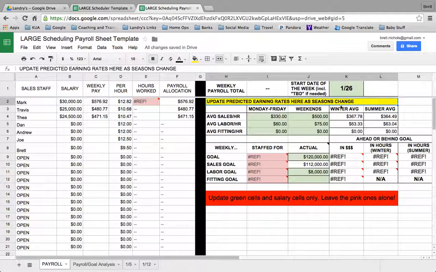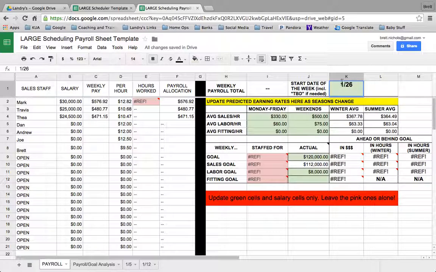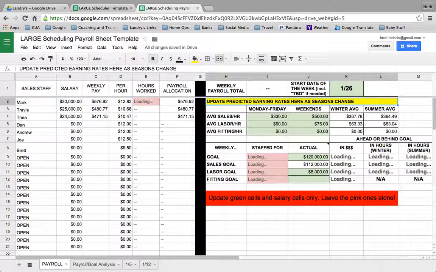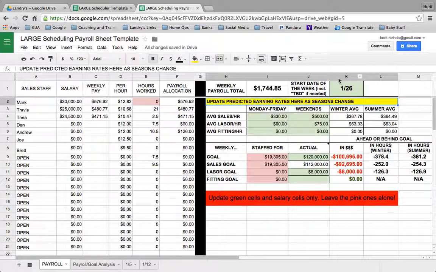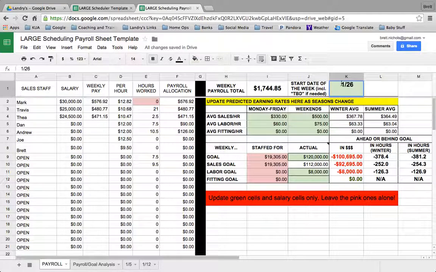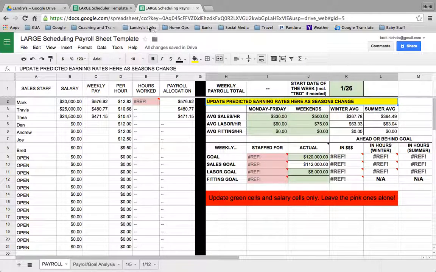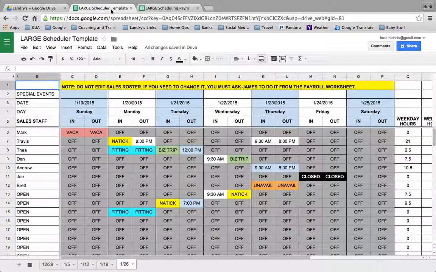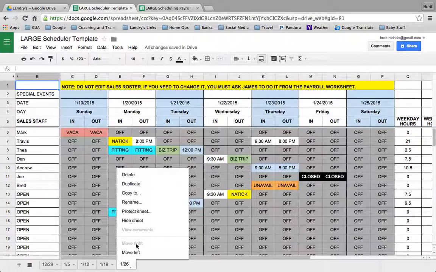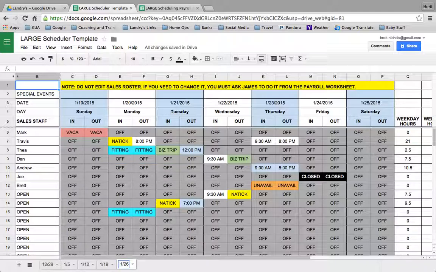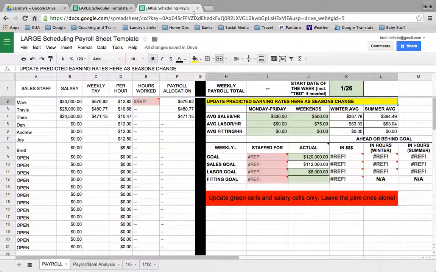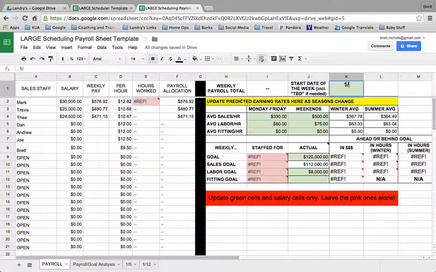So if that happens, you can either guess where the space is and say, oh, it's actually space 126, hit enter, and it will reference the tab correctly. Or, if you want to be able to reference that tab in the future and not have to deal with that hassle, you can go back here and change the name to make sure there is no space in there. And now, if I enter 126,